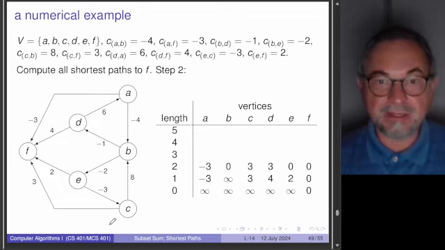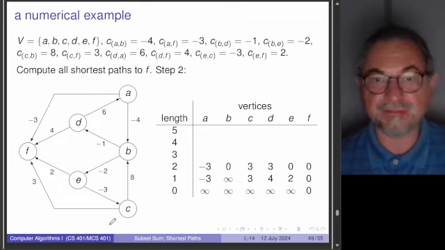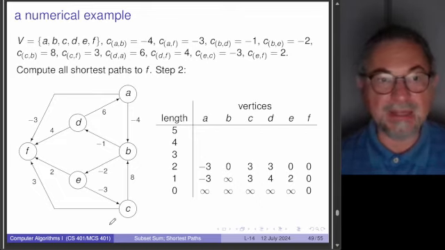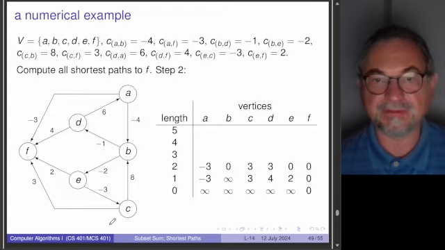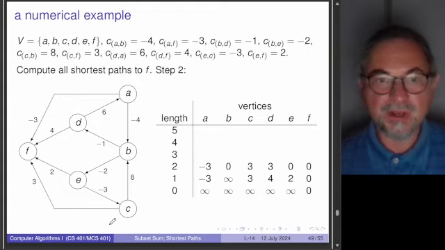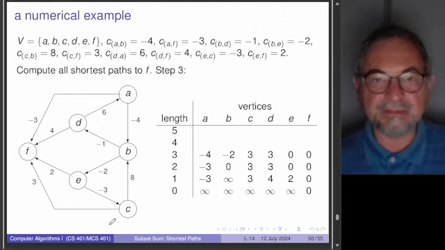For D, you can see that the cost 4 can be reduced by going to A first. 6 minus 3 is 3. E can also be improved. You go to C and then to F. That's cost 0. Okay, we run the formula again, and you see that there are some changes, namely